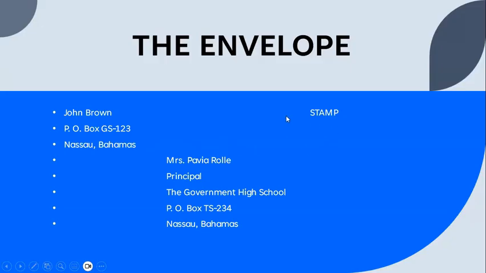But I just want to show you how it is set up. And this is how you set up your envelopes. You won't have much space on your page as your format, so go to another page and write the envelope, and take this down. This is the format for the envelope. The same information you use in your letter is what appears on your envelope. It does not change.